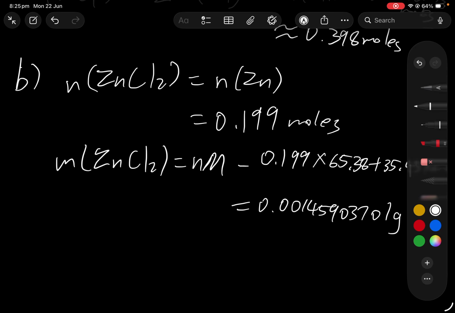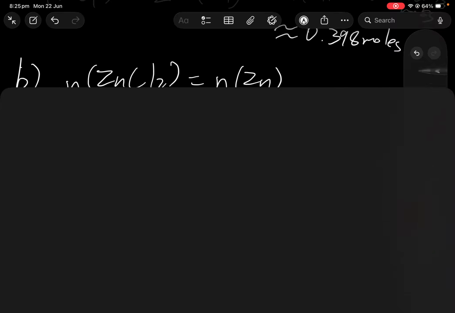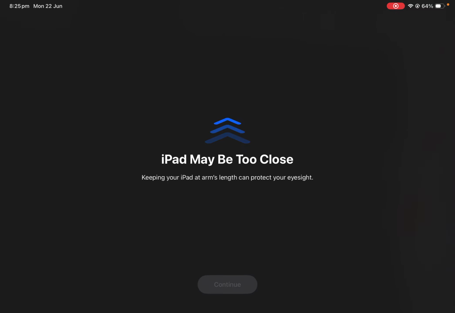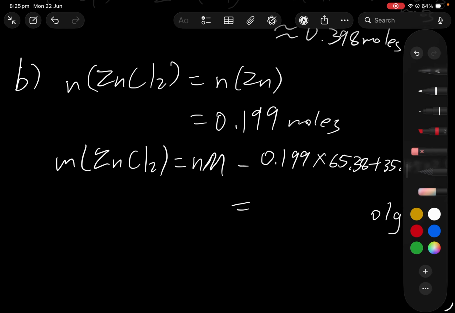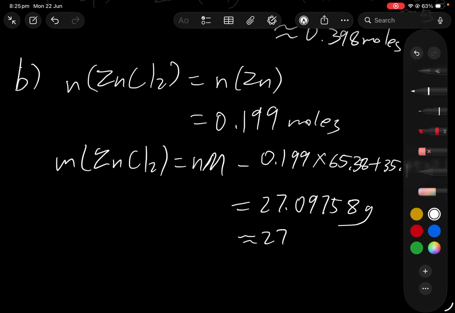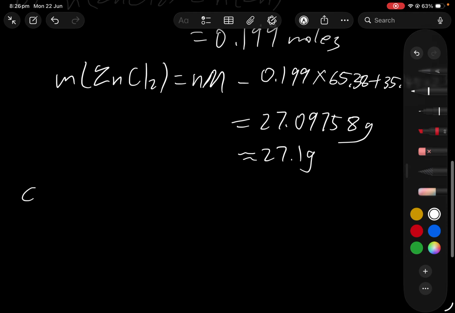That should give us, instead of this weird number which is probably wrong, 27.09758 grams, which is 27.1 grams. Now part C wants the volume of hydrogen gas produced by the reaction at standard